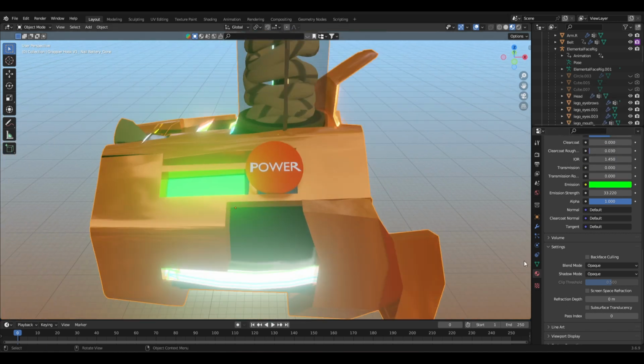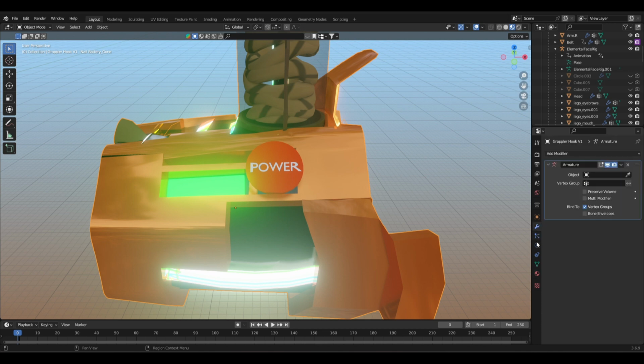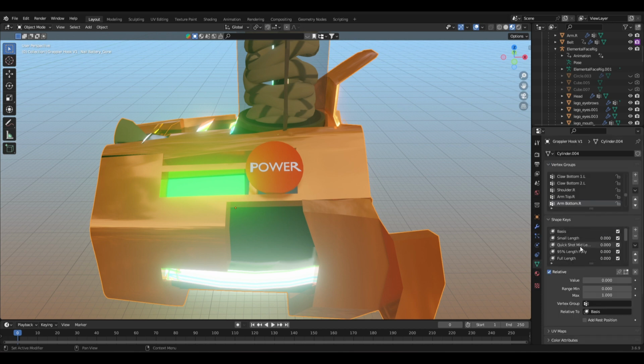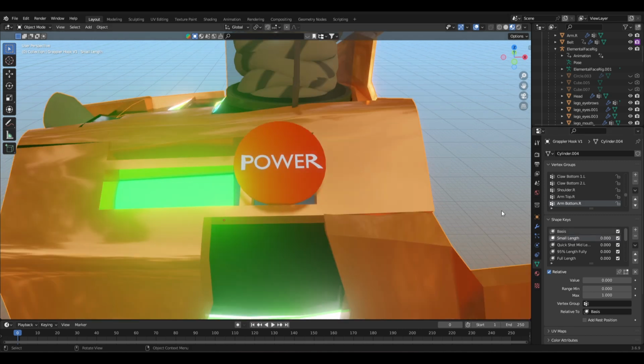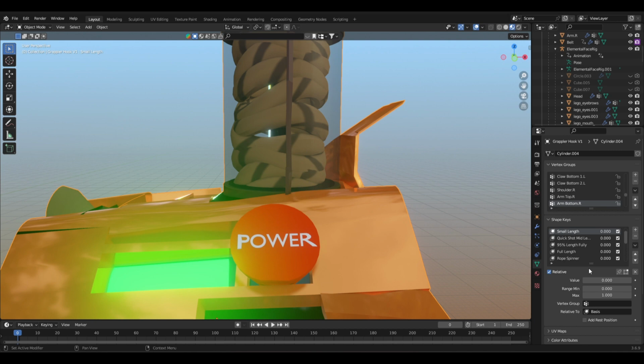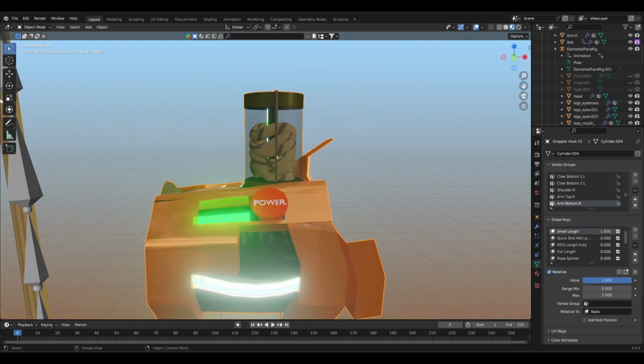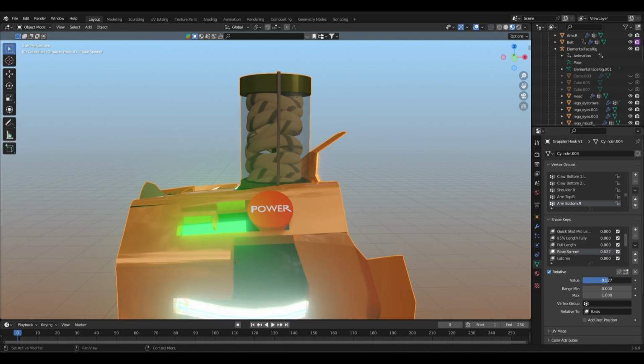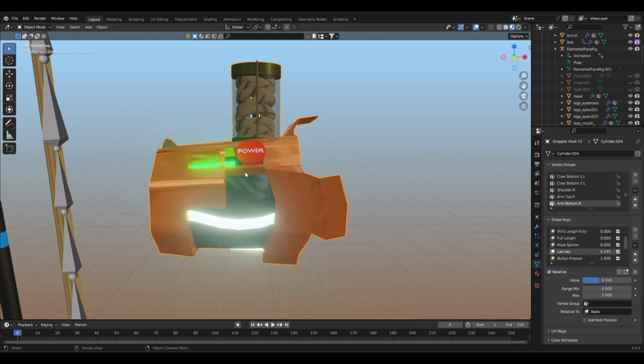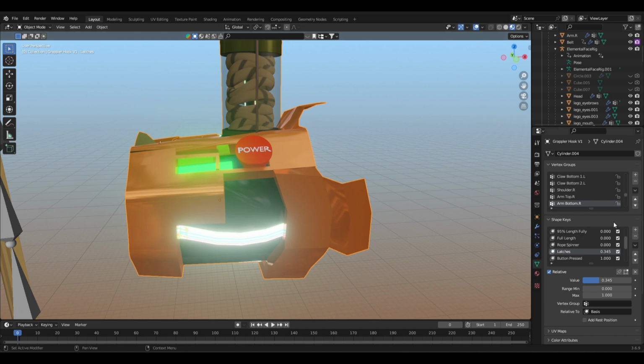And the other thing I have added is the shape keys for it. So it has many shape keys. The first ones here to here are just for this rope, so when you're using it, the arrow, the rope and everything, this is going down. But besides those, up here it's just the rope spinner right here, the latch so you can latch onto the arms, and of course some things changed, but I can always fix that